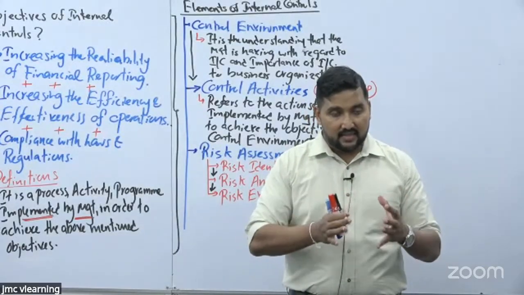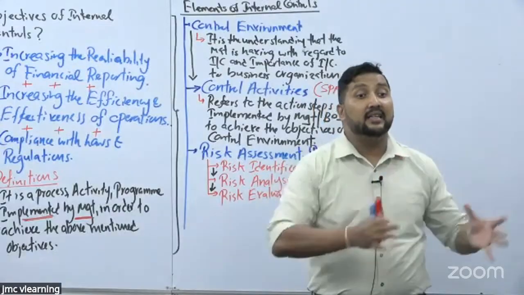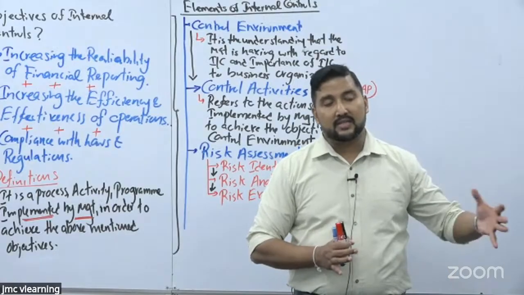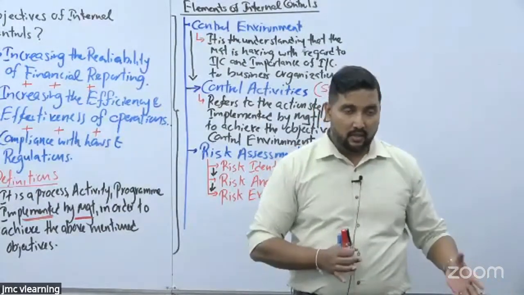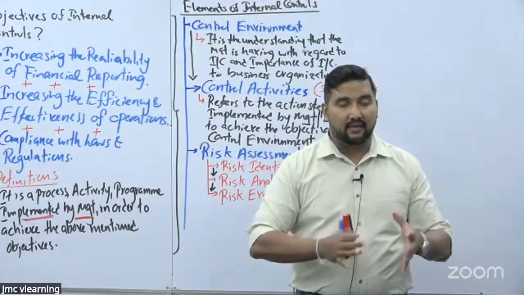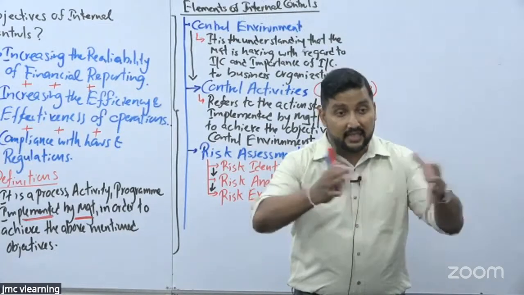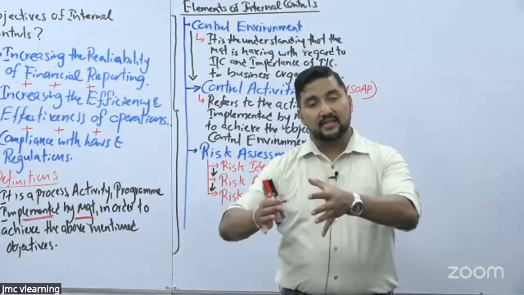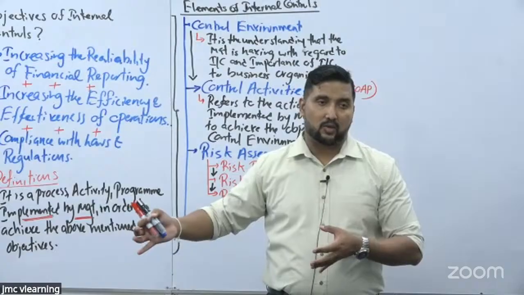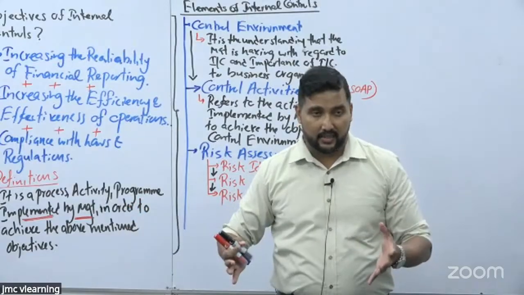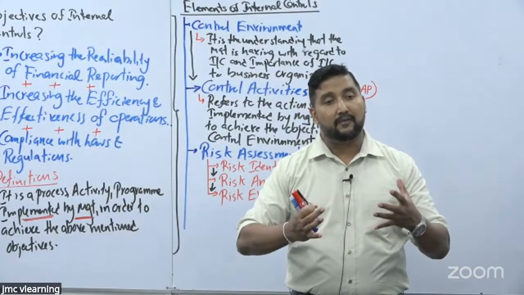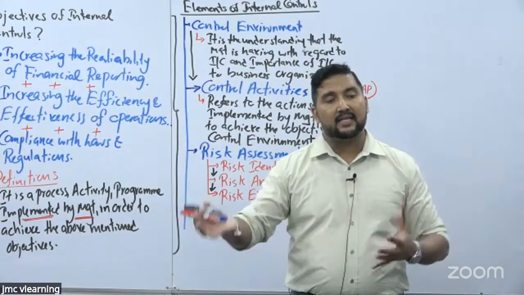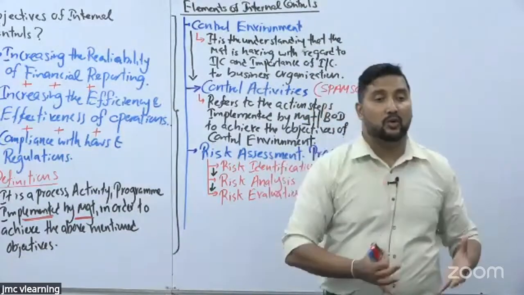So internal risks are the risks which are generated internally, where you will have four types of internal risk. I'm not going to discuss all this in this class today. Internal risks are the risks which occur within the business organization, which has four categories. External risks are the risks which occur outside of the business organization, which are basically divided into two categories. So business organizations may face internal risk as well as external risk. The difference between internal and external risk is that internal risk you can control.